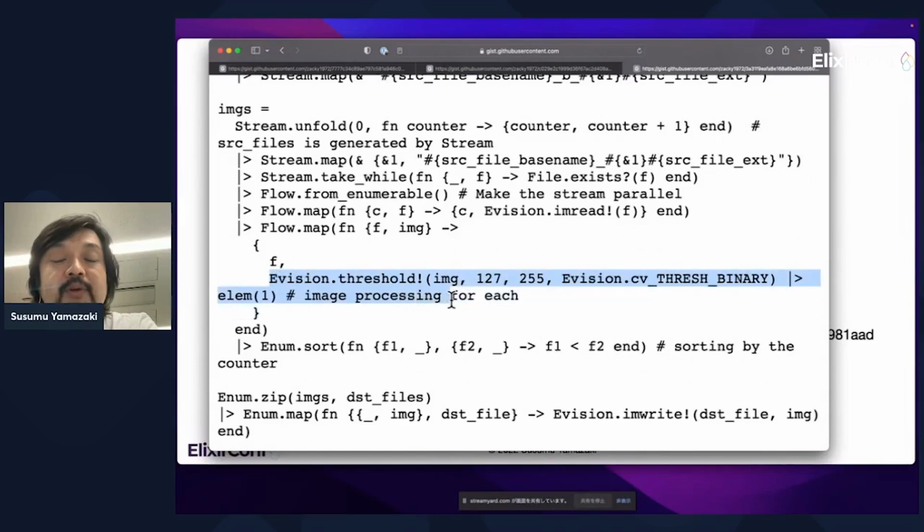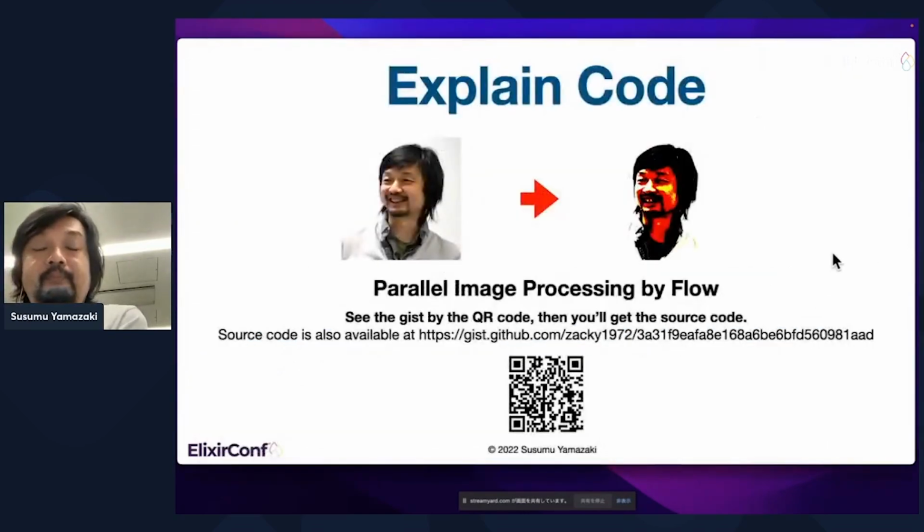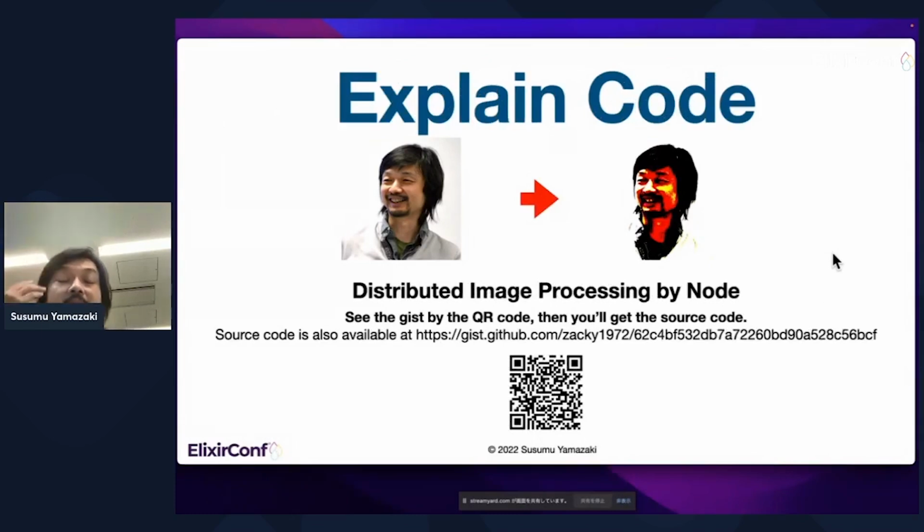Here is image processing for each, and the last is sorting by the counter. Next, distributed image processing by Node.